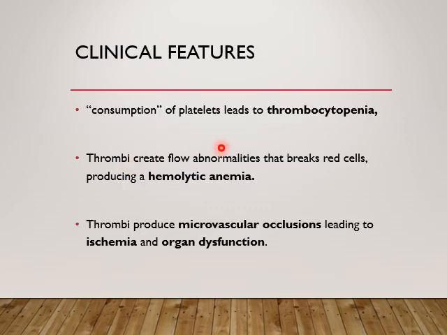So the clinical features: a patient will present with thrombocytopenia, as the name suggests, thrombotic thrombocytopenic purpura. The main mechanism or pathogenesis involved is excessive consumption of platelets. So the patient will present with thrombocytopenia, and as a thrombus might occlude the normal blood flow, it causes excessive breakdown of the RBCs, leading to microangiopathic hemolytic anemia, which has to be remembered. Due to the excessive thrombus causing microvascular occlusions, it can also cause other organ dysfunctions because of ischemia. So these are the clinical features which have to be remembered.